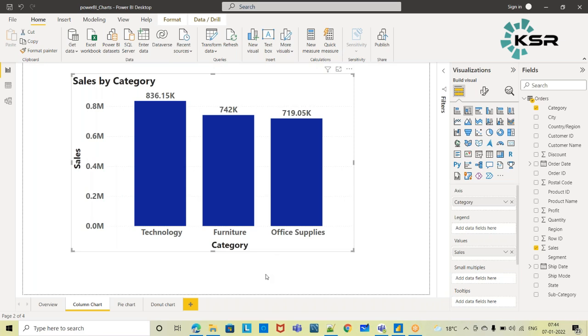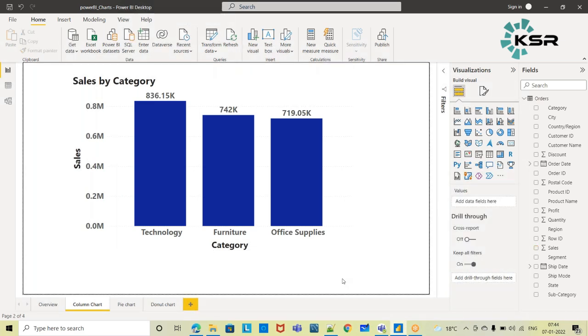So in our previous video, we have already discussed this column chart, right? When we have a categorical value and, with respect to the categorical value, we want to represent the numerical value, this is the representation. From this, I have a question. Now it's good, right? Readability is also good. I'm able to see how much the sales are with respect to technology, furniture, and office supplies.